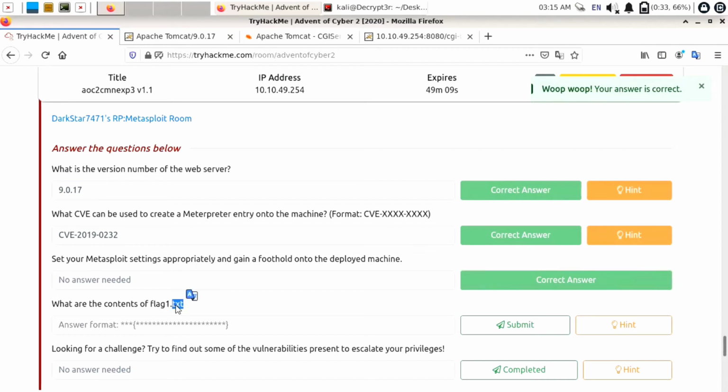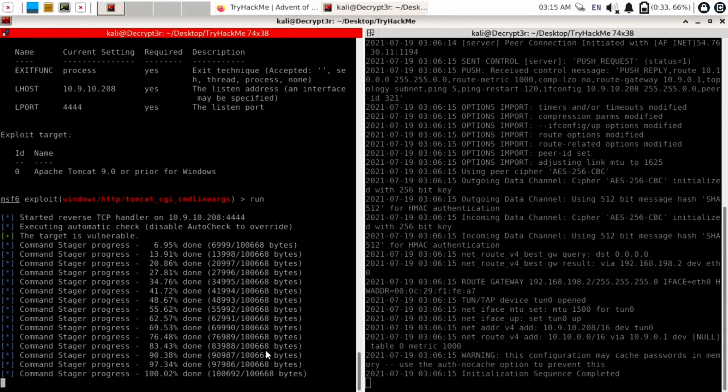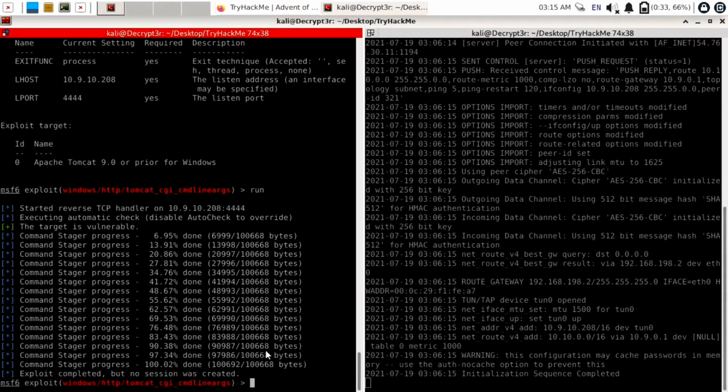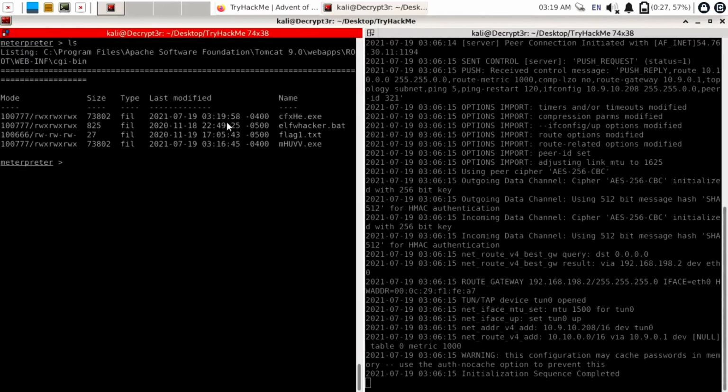Okay, we need to exploit that machine and find the content of flag1.txt. Just wait for some time until our payload runs. Okay, sorry, it is showing that the exploit is completed but no session was created. So let's try to exploit this again. I will use the run command again, and you can see we got this Metasploit session. Use ls and here is our flag1.txt. To display its content I will use the command cat flag1.txt,